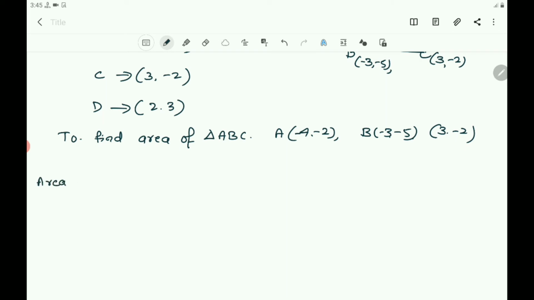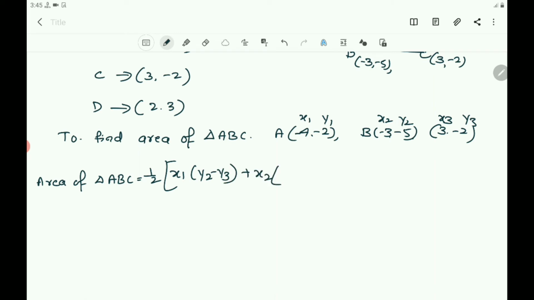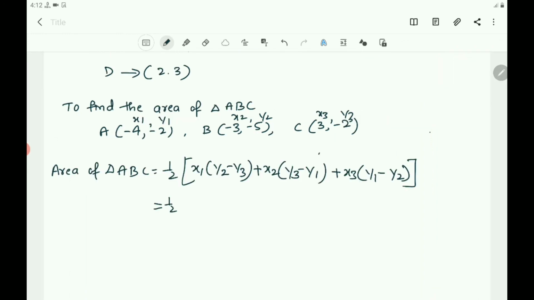Area of triangle ABC. Consider these are the x1, y1, these are x2, y2 and these are x3, y3. Now you write the formula: 1/2 into x1 into y2 minus y3 plus x2 into y3 minus y1 plus x3 into y1 minus y2. That equals half into